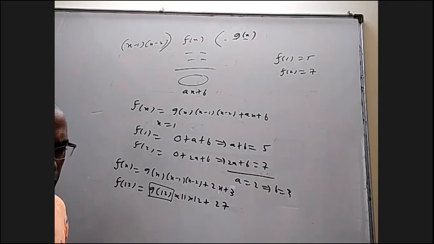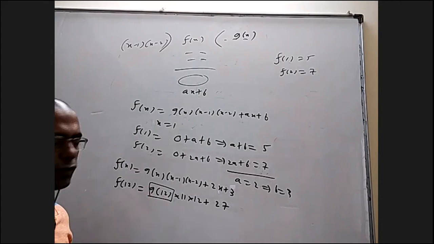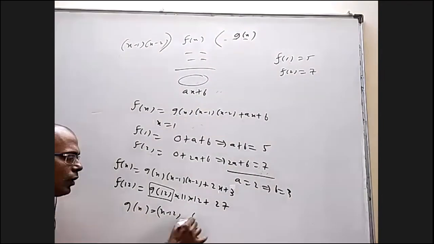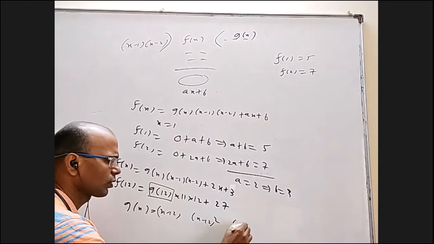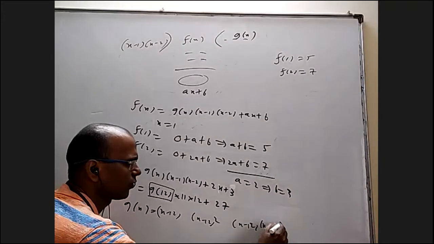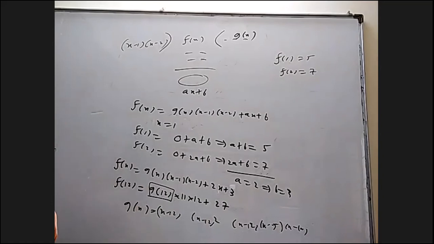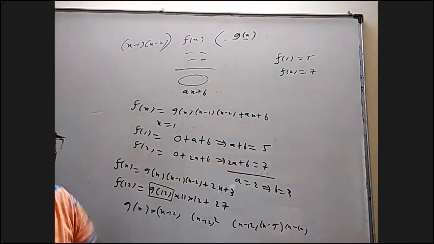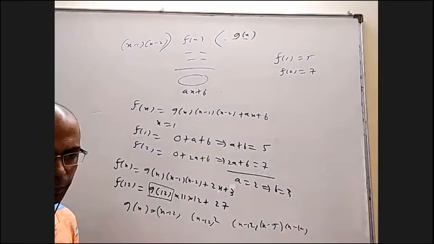One may say, is there a polynomial like that? Yes, very easy. You take g of x anything you want, provided g of 12 is 0. If you want an example, you can take g of x as only x minus 12, or x minus 12 whole square, or x minus 12 into x minus 5 into x minus 100. You take anything, I don't care, where x minus 12 is a factor of g of x, it will satisfy all this data. Because whatever g of x you put, these two data will be satisfied because from that only we got a and b. And g of 12 should be 0, so you can take that to get the minimum.